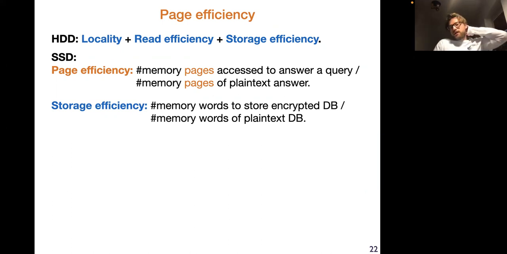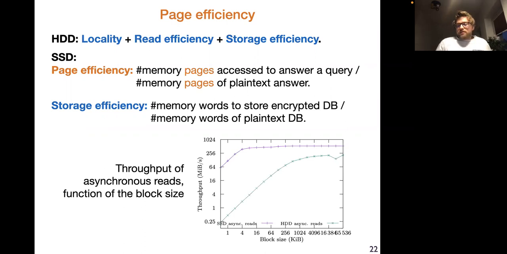So yeah, that's why we define page efficiency as the number of pages accessed to answer a query, divided by the memory pages of a plaintext answer in the context of SSE. And yeah, a small last